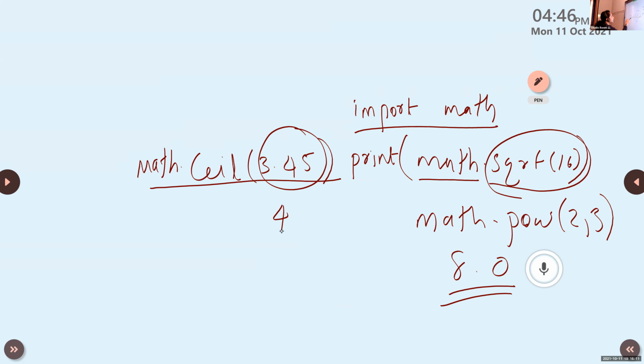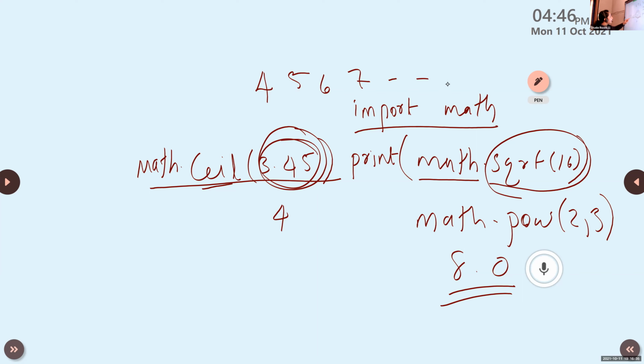The ceil function will return the smallest integer that is greater than this number, 3.45. The integers greater than 3.45 start from 4, then 5, 6, 7, just like that.